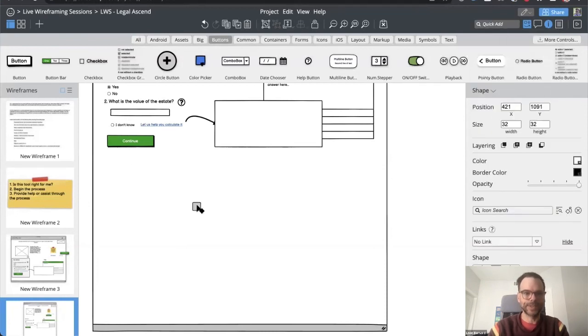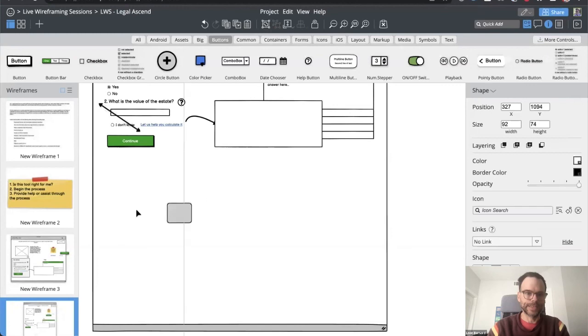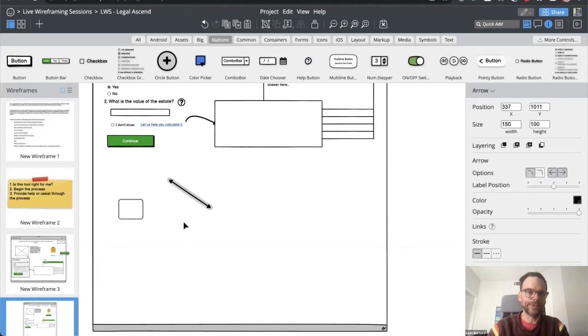Maybe this is a good point to have a diagram with some arrows, maybe even showing how if the value is over a certain amount, then you go through this process versus this process.